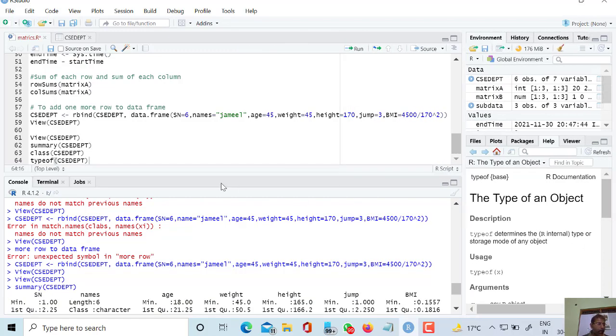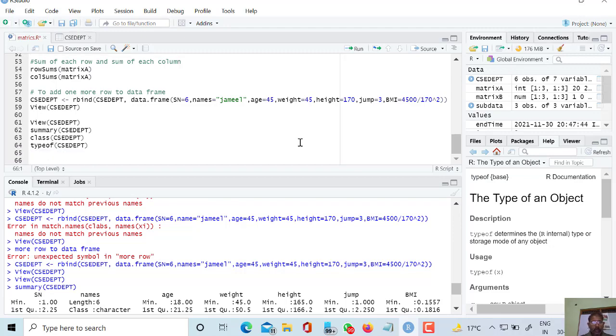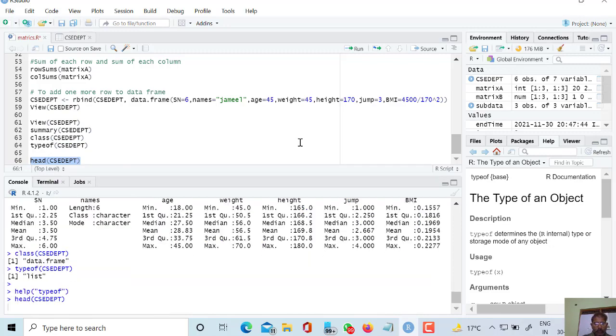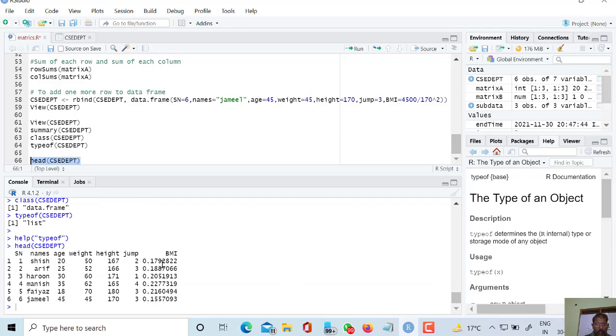Again, now if I want to extract some rows from this data frame, CSE department data frame, then there is a function head. So if we write the head of CSE department, then it will give me the starting 6 rows, because only 6 data items are here.